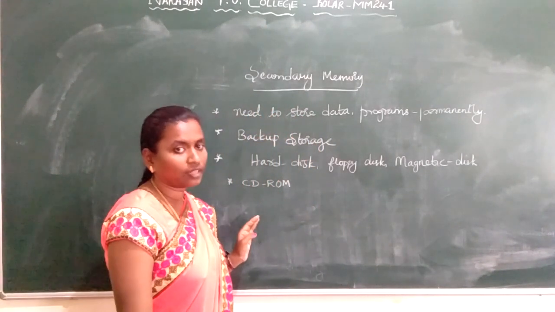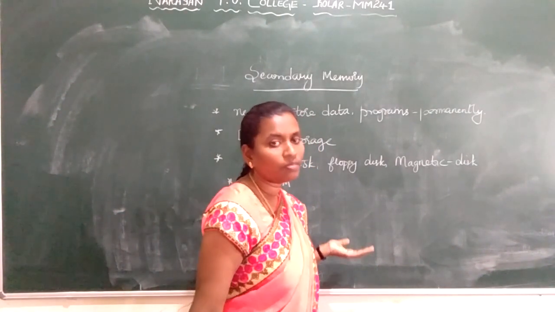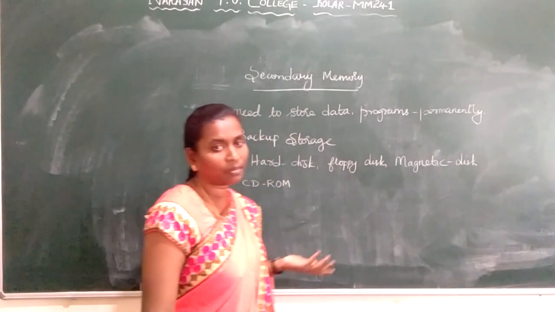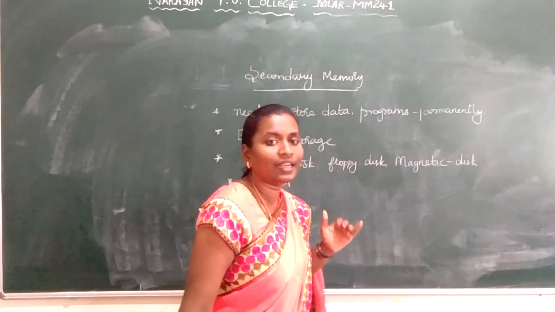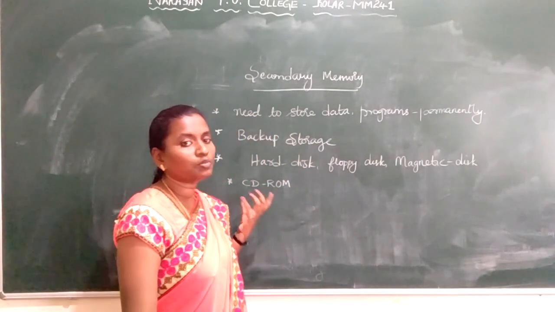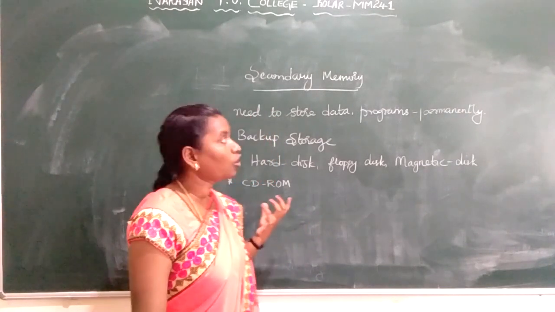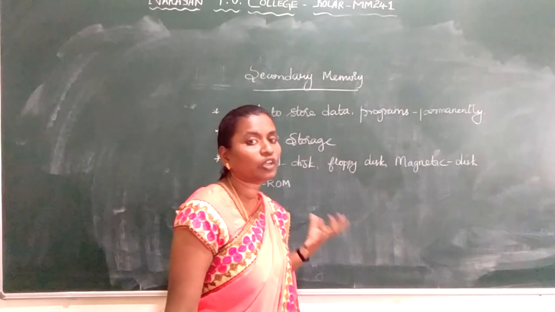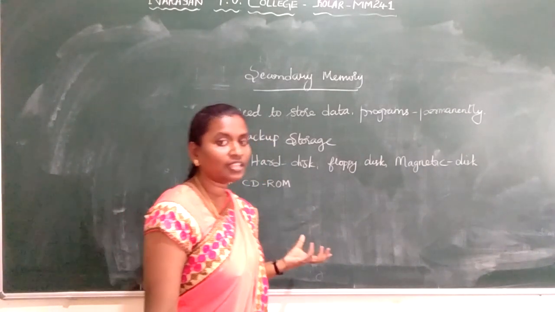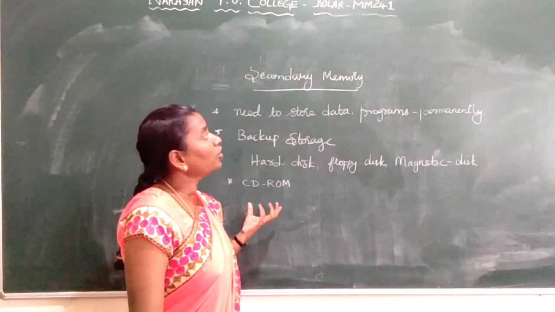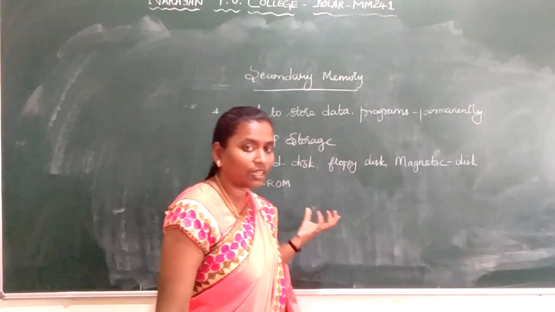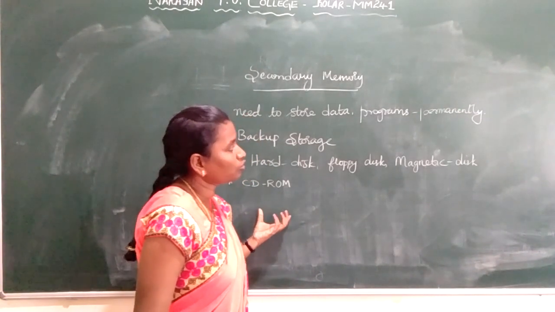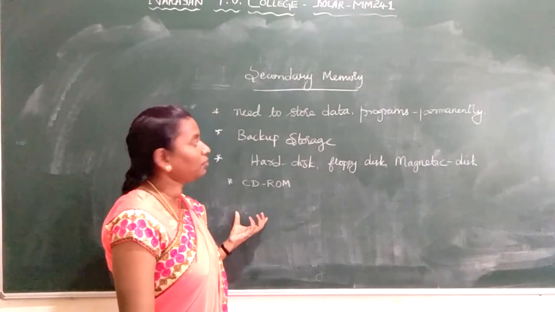It is also cost effective. When you compare to RAM or ROM, secondary memory will be cheaper. As the capacity of the memory increases, the cost decreases. Among the types of primary memory, RAM and ROM are much costlier than secondary memory, but they are much faster. When you compare secondary memory with primary memory, RAM will be faster but expensive. Secondary memory, compared to RAM and ROM, is less expensive. Now, I spoke about data having to be stored permanently, hence we prefer secondary memory.